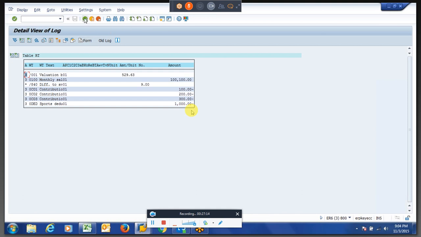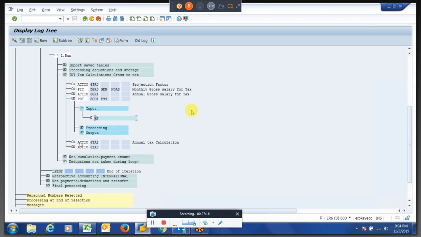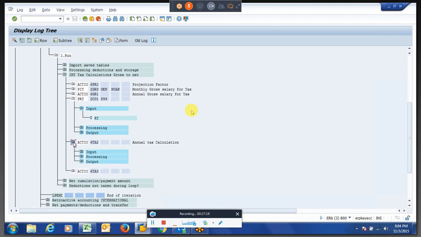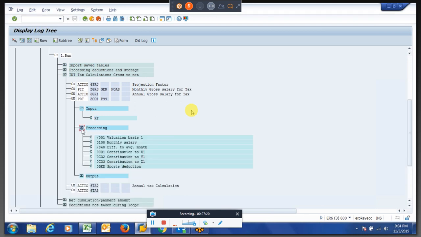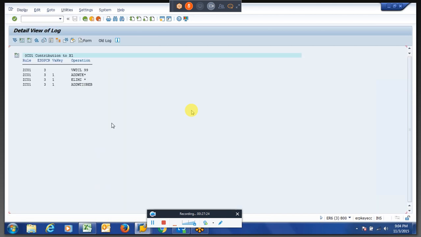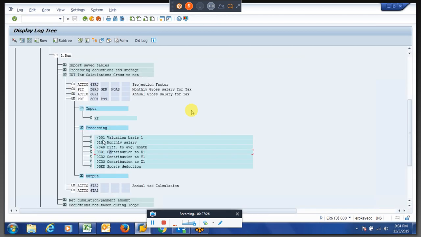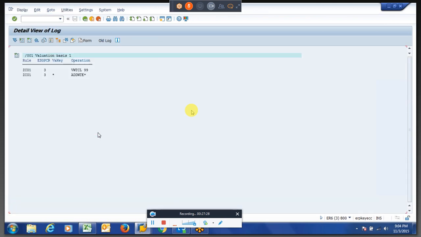Then we got an error from the rule what we have written. Let us say if you change it to 3 also for all wage types. Let us say in this wage type what we are doing, we are adding it to RT. Instead of adding to RT, what we done, we are adding to the IT table again.